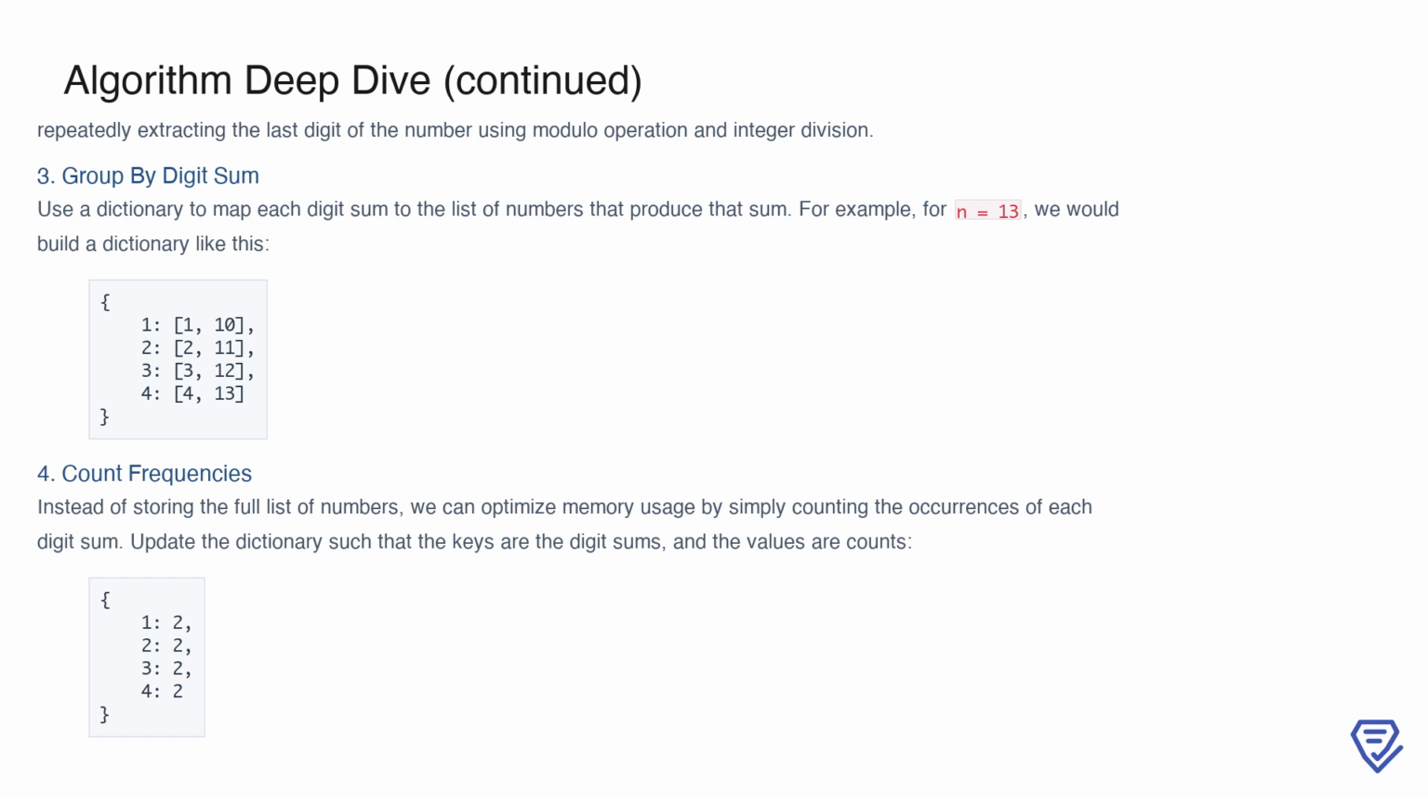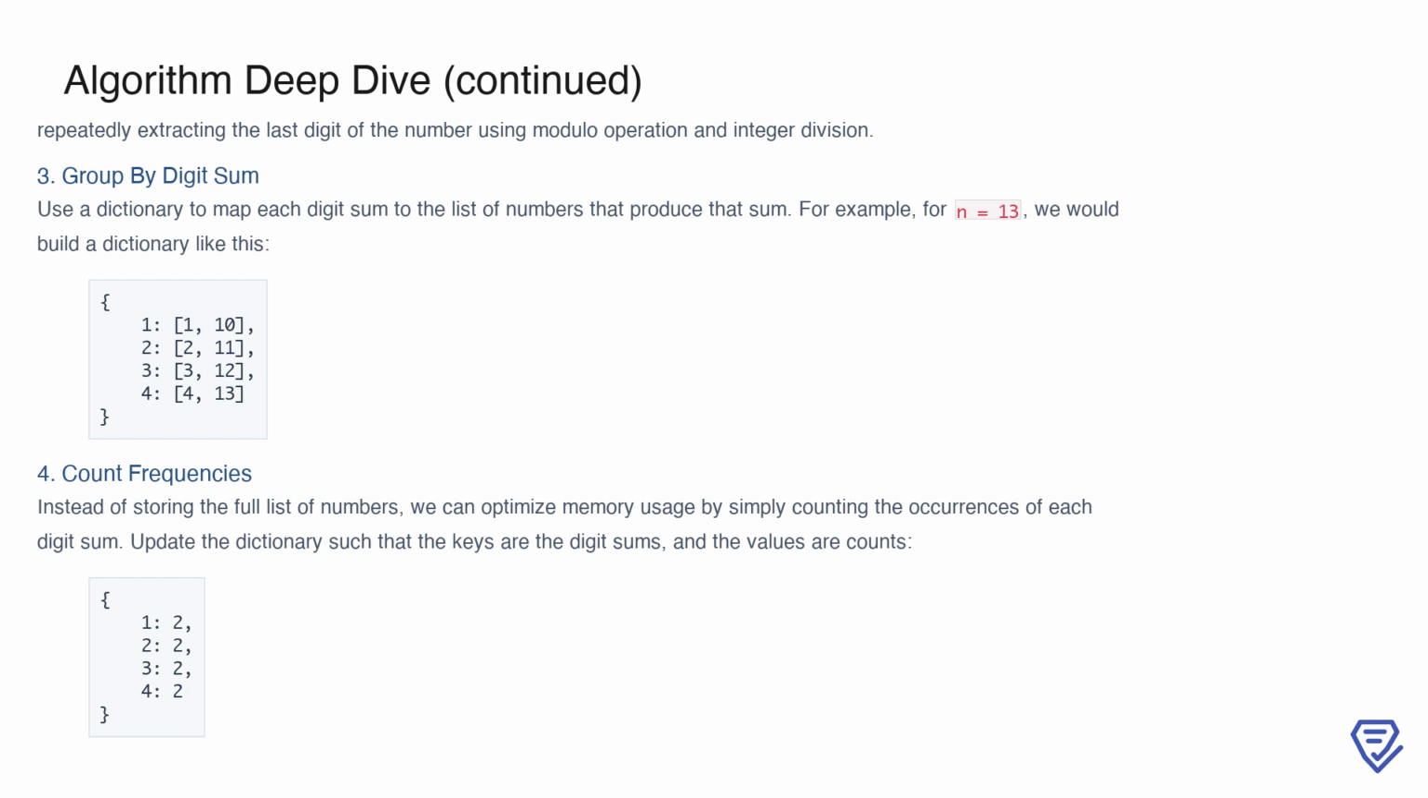To compute the sum of a number's digits, we use modulo and integer division operations. By repeatedly extracting the last digit with the modulo operator and removing it with integer division, we can efficiently calculate the digit sum. Once we have the digit sum for a number, we store it in a dictionary. The dictionary maps each digit sum to the numbers that produce it. For example, if n equals 13, the dictionary would look like this: 1 maps to 1, 10; 2 maps to 2, 11; 3 maps to 3,